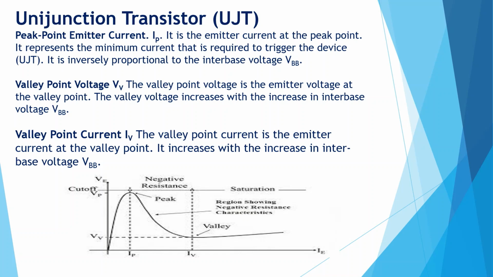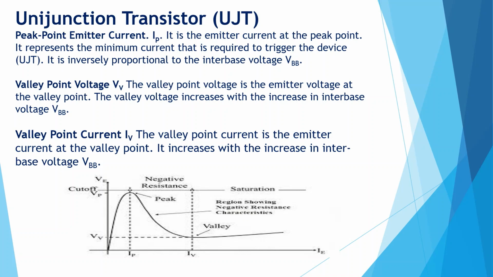And once conduction is established, that means VE is equal to V peak, this potential is reached. What happens? The emitter potential VE starts decreasing with the increase in emitter current. I told you that there will be a regenerative action, right? When the UJT is in the on state, current will flow through RB1, therefore the resistance across RB1 will decrease, therefore eta will decrease and IE will increase. Increase in IE will decrease VE. So that is what has been shown.